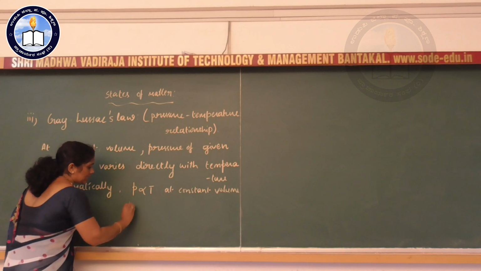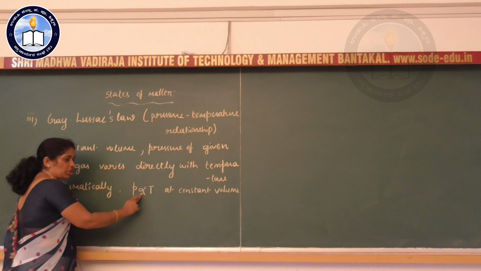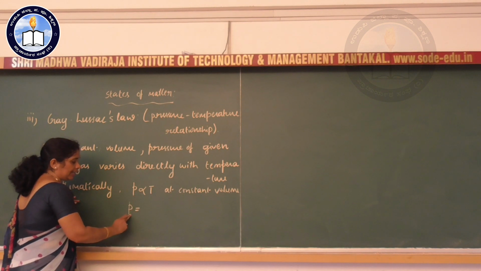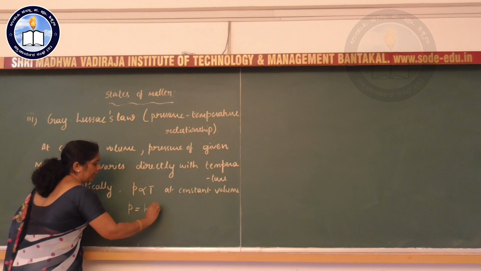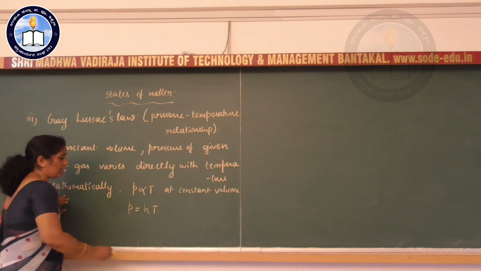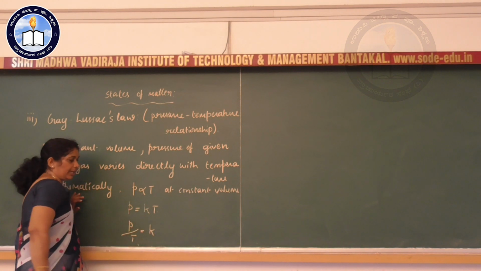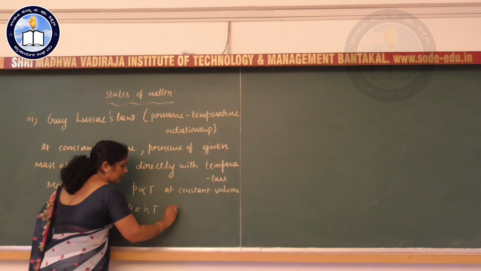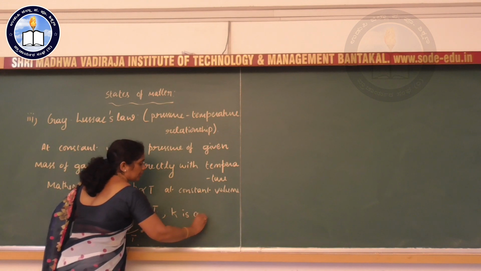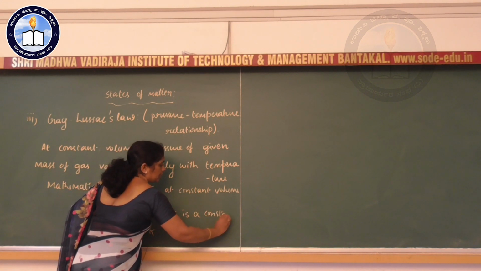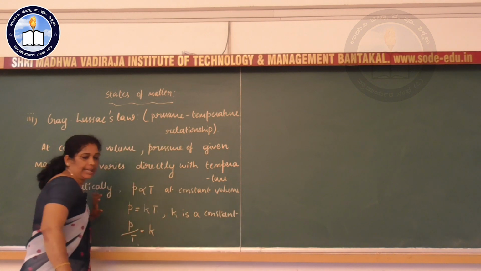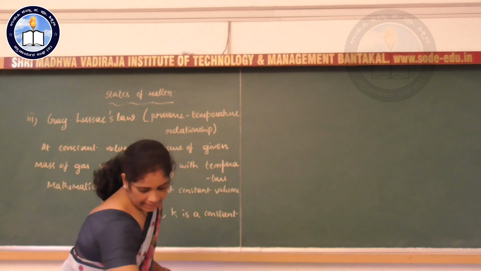We can write it as, by removing the proportionality symbol, P is equal to K into T, or P by T is equal to K, where K is a constant. K is a constant. So we can say that from this,